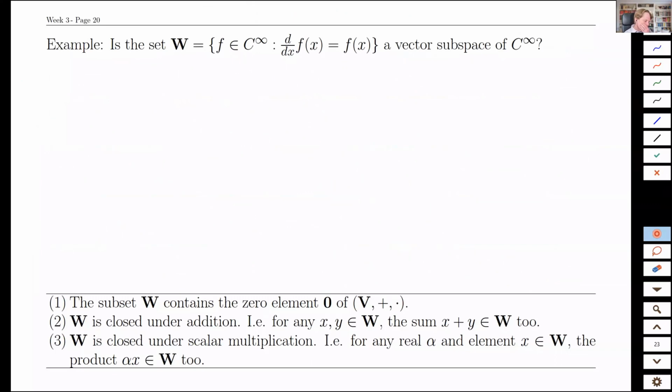All righty. Quick time check. All right, yeah, we're good. Okay, so